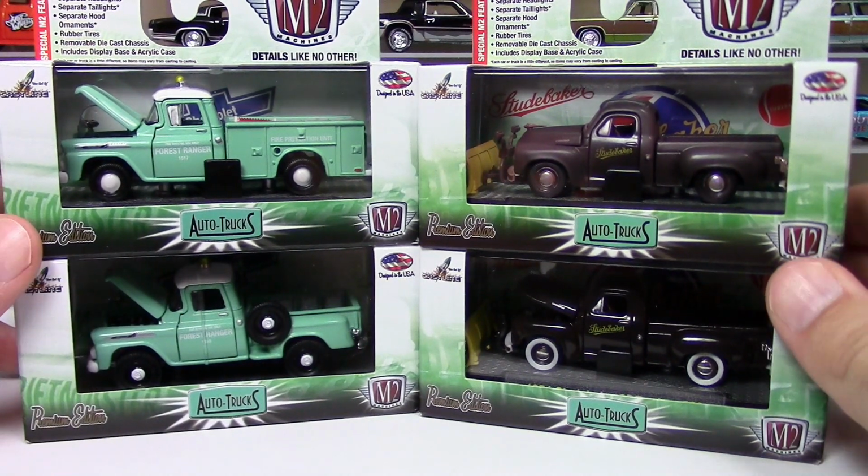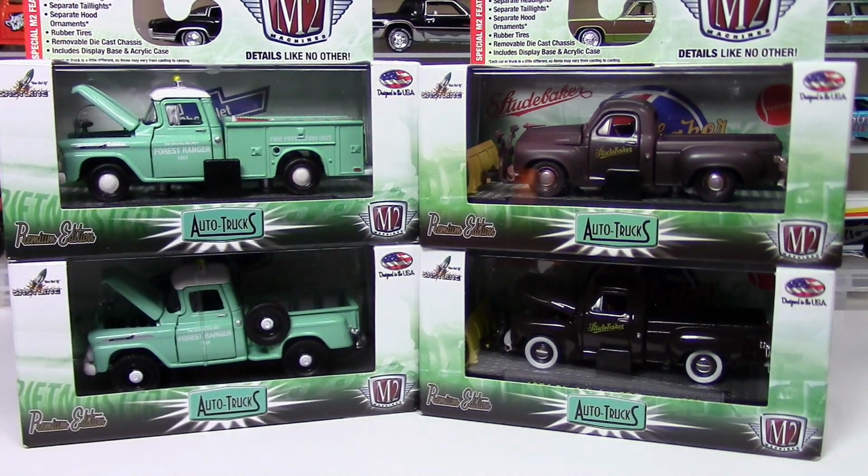So fantastic release overall from these M2 machines. Let me know what you're finding in your stores,